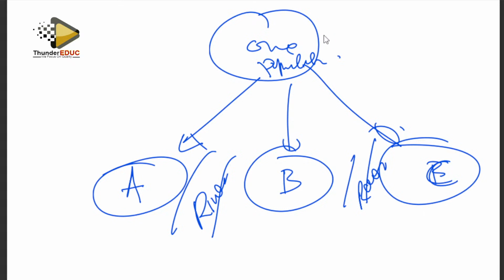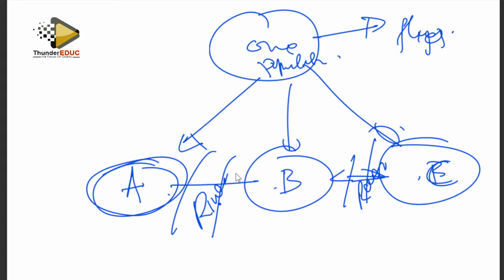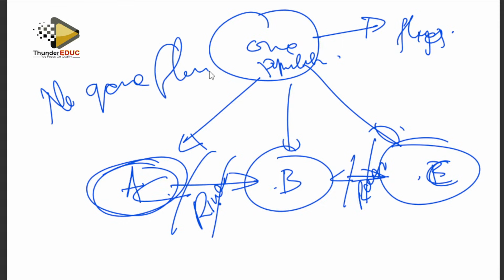So one population of, let me say, flies. The population is divided into 3 subpopulations by a river. Then there is no gene flow, meaning that there is no sex between them. No gene flow means that there is no sex between them. So there is no gene flow between the populations.